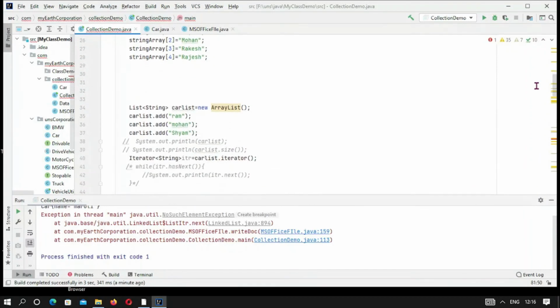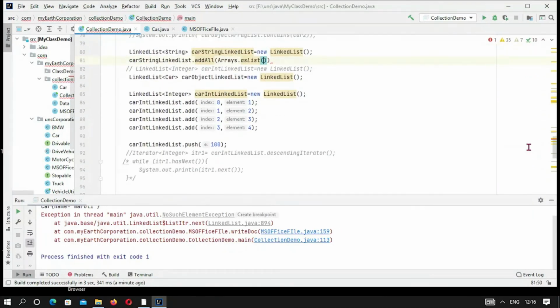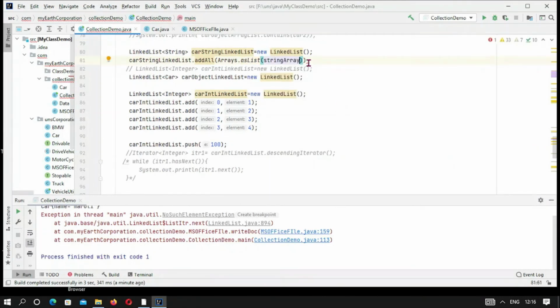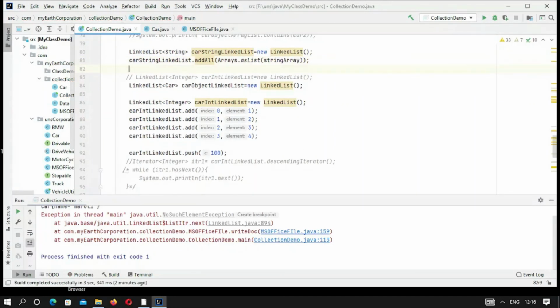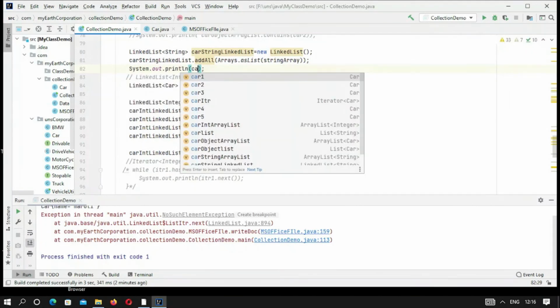Okay, so string array, let me pass it. Okay, so let me try to see the result in car string linked list.